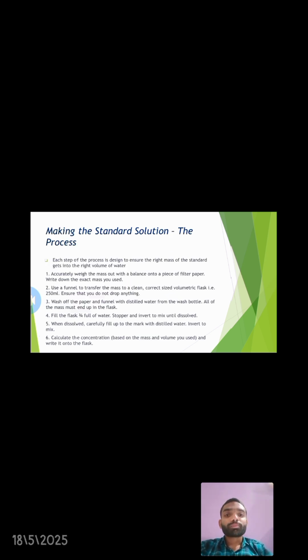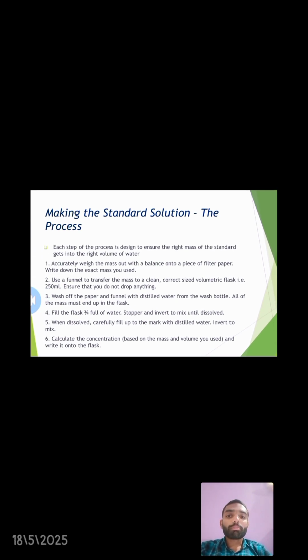Next, move on to making the standard solution. Each step of this process is designed to ensure the right mass of the standard gets into the right volume of water. The first step is to accurately weigh the mass out with a balance on a piece of filter paper. Then write down the exact mass